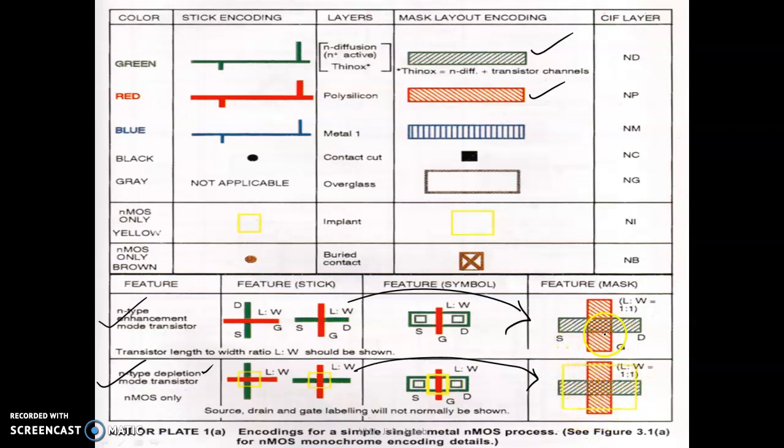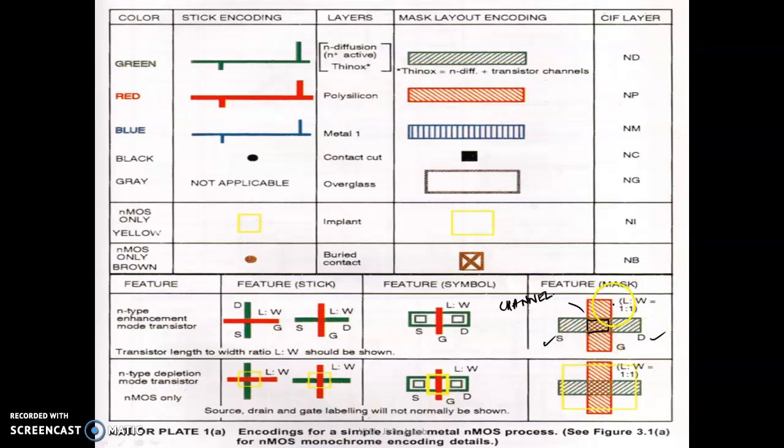Okay. What do I mean by channel area? Channel area is the area where the polysilicon crosses the diffusion. In this case, you see, I'm drawing it with a black square. This is the channel area. Channel meaning the channel of the NMOS transistor. You see where you have drawn a diffusion, the diffusion layer, one end is regarded as the source and the other end is regarded as the drain. Of course, if you want this to be source and this to be drain, you are welcome. That means it is interchangeable. It does not matter which end is source, the other will become the drain automatically.